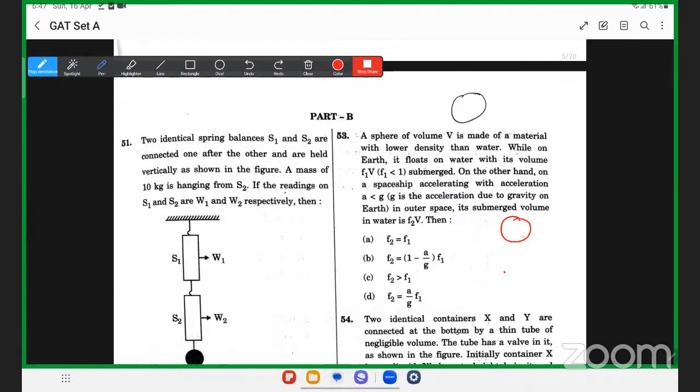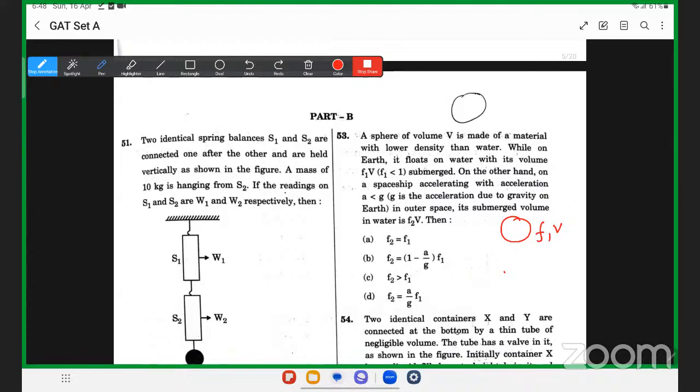While on earth it floats on water, बिकॉज द डेंसिटी जो है वाटर से कम है तो वाटर में फ्लोट करेगा, और जब ये फ्लोट करता है वाटर पर तो इसका जो सबमर्ज पोर्शन है वो f1 टाइम्स v है।